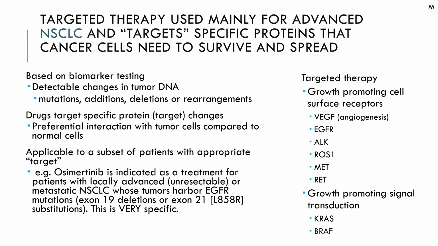Osimertinib is indicated as a treatment for patients with locally advanced, that is unresectable, not able to be surgically removed, or metastatic non-small cell lung cancer, whose tumors also harbor EGFR, epithelial growth factor receptor mutations, specifically exon 19 deletions or exon 21 substitutions. Okay, well that's a big wordy thing to say, but what we're saying is this drug was designed